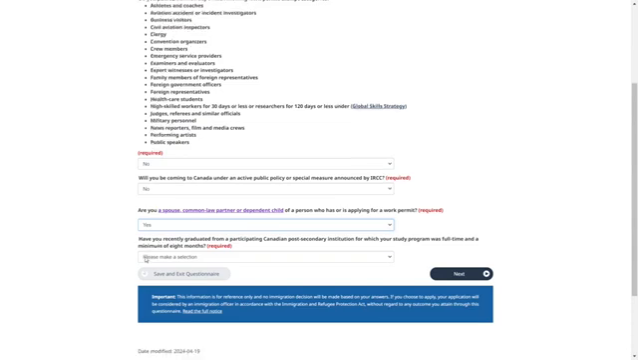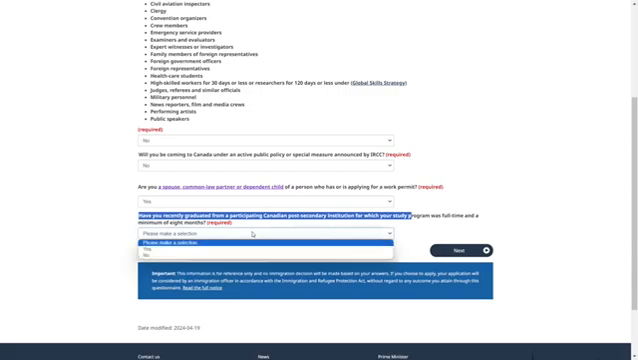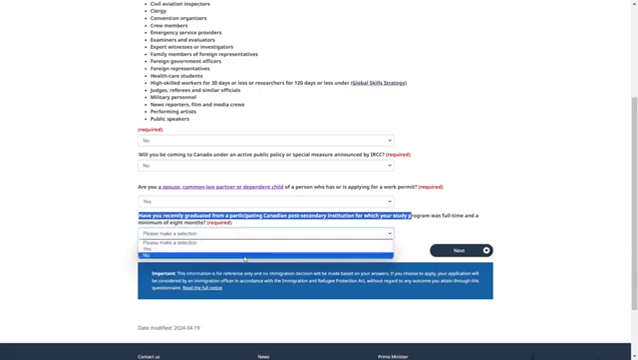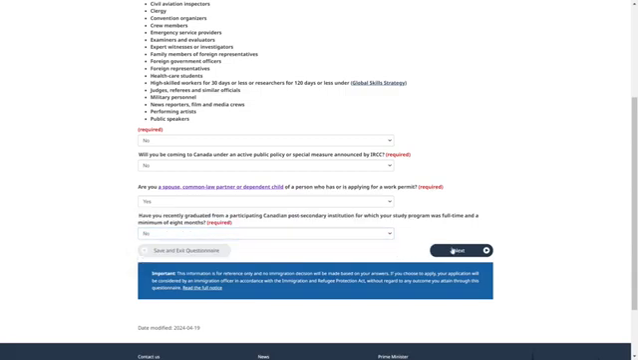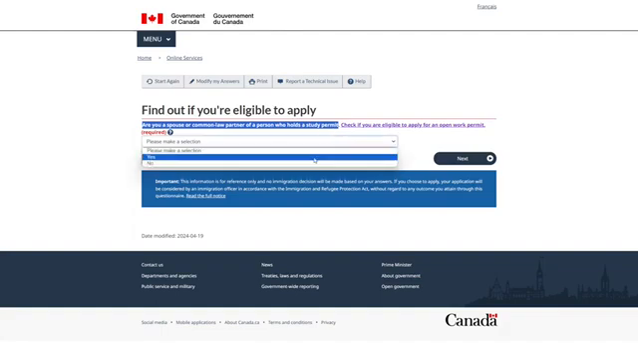So select yes. Next, have you recently graduated from a participating Canadian post-secondary institution? As the principal applicant is living outside Canada, for most cases the answer will be no. Once you're done, click on next. Are you a spouse or common law partner of a person who holds a study permit in Canada? If your husband or wife holds a study permit, then you need to select yes, otherwise simply click on